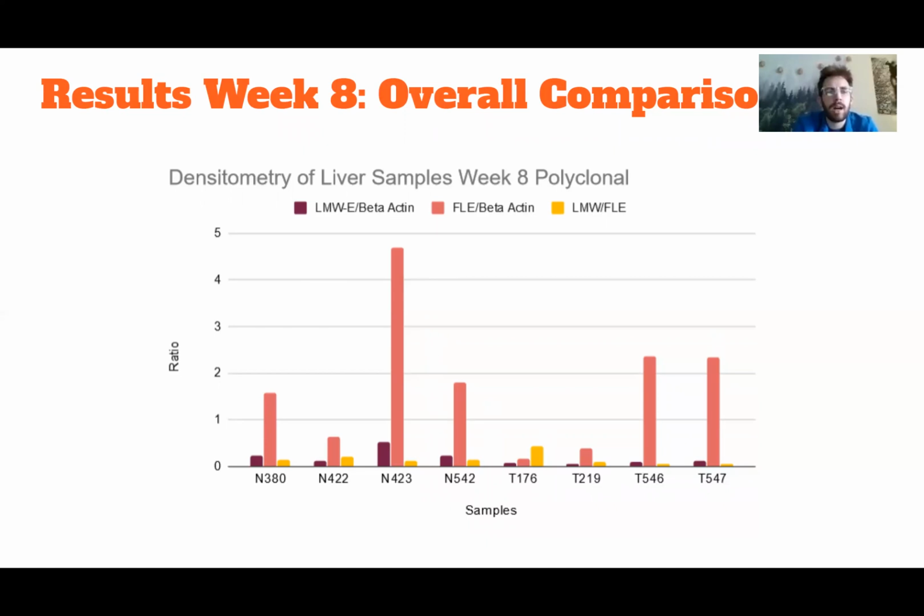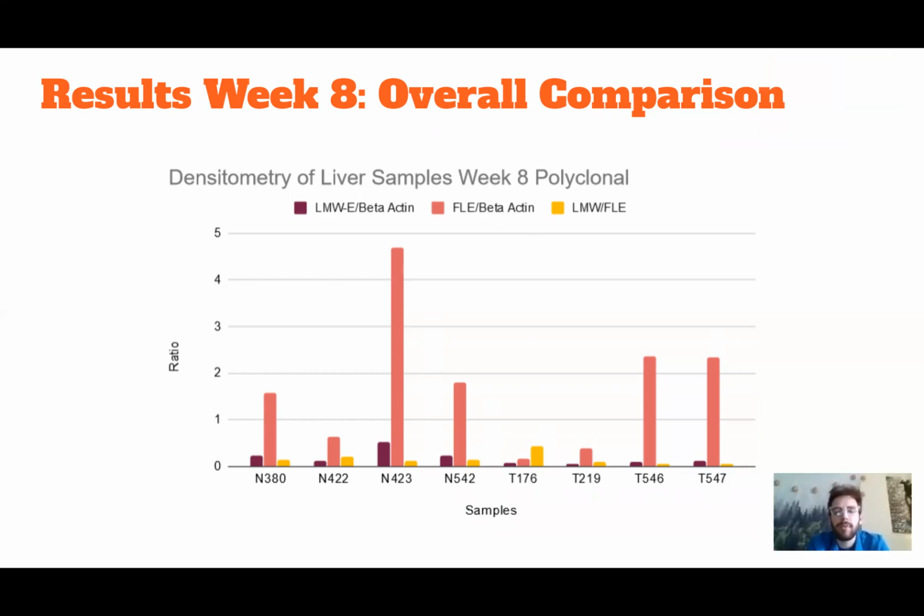All right, so this is the data from our last blot of the semester before we all had to go into quarantine. Based off this graph, the data shown partially goes against last semester's data and the hypothesis. For example, the ratio of full length over beta actin goes along with the hypothesis, showing that there is more full length Cyclin E overall in the normal compared to the tumor samples overall. The ratio of the low molecular weight over the beta actin goes against our hypothesis. In the hypothesis, we thought that there should be more low molecular weight in the tumor samples when compared to the normal samples,